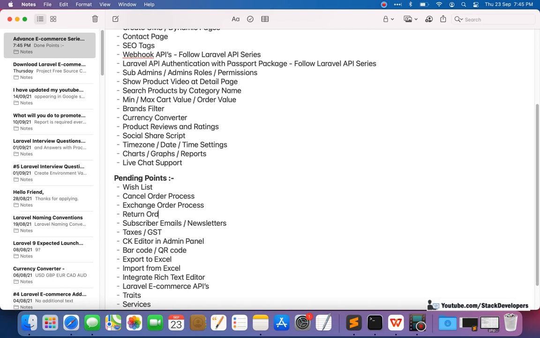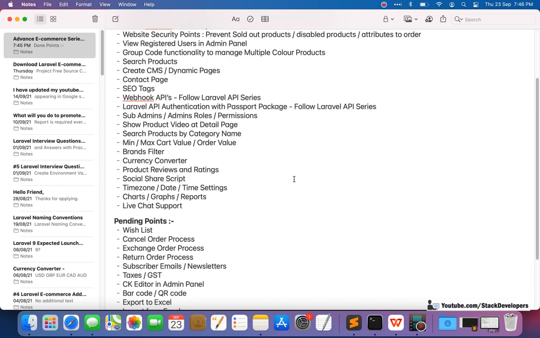So these three are really important for any e-commerce website, and you can see these three are available on top e-commerce websites. We need to integrate all three, and these are advanced e-commerce exclusive features. You are not going to see these in the basic e-commerce series. So we are going to work on this after finishing the wishlist. First thing is we are going to integrate the wishlist, and we are integrating it for the first time in the advanced e-commerce series. We have not done that in the basic e-commerce series.